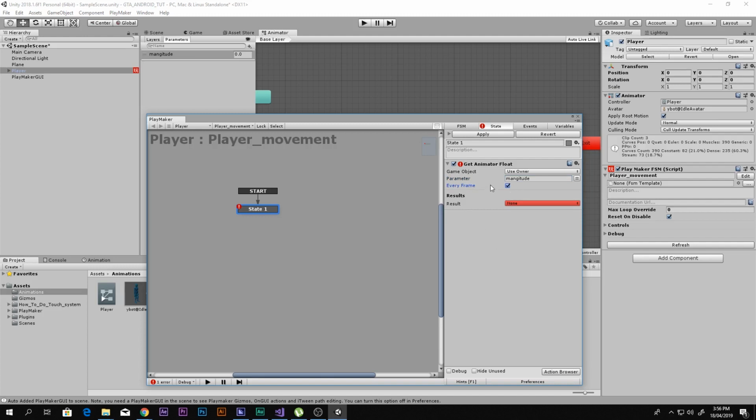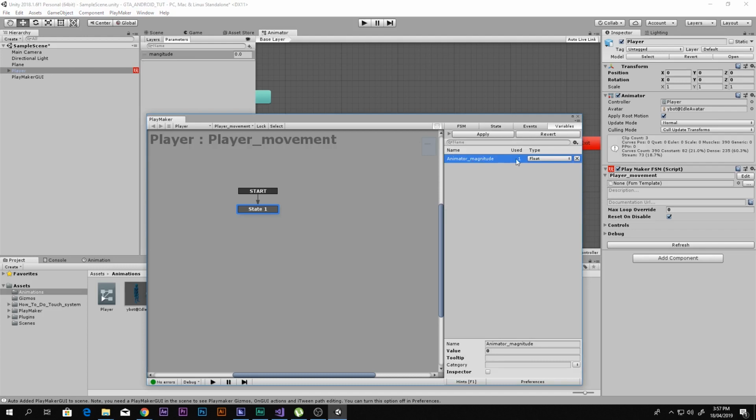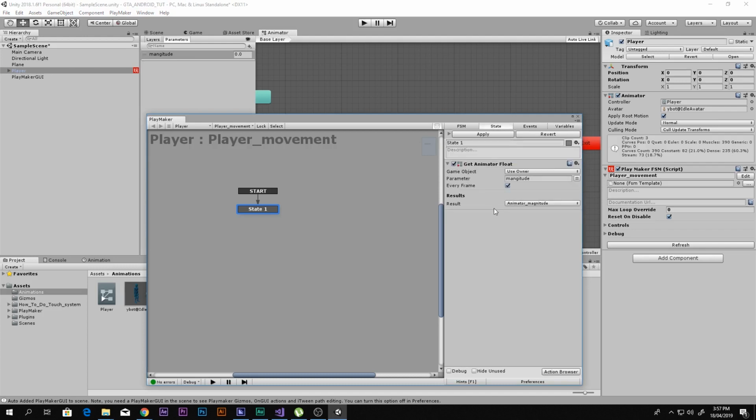which means in every frame the value of the magnitude will update. All right, the value of the magnitude will update, and we have to store this magnitude in some kind of a variable. So we're gonna make the new variable and call it animator magnitude. Right, so now the variable animator magnitude is a float, and it is holding the value of the magnitude,